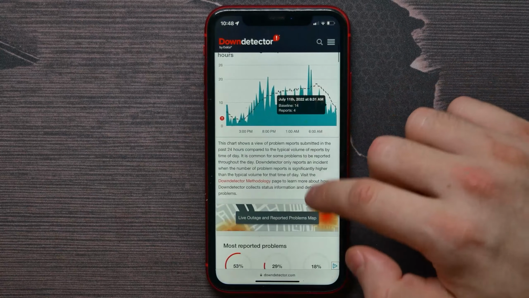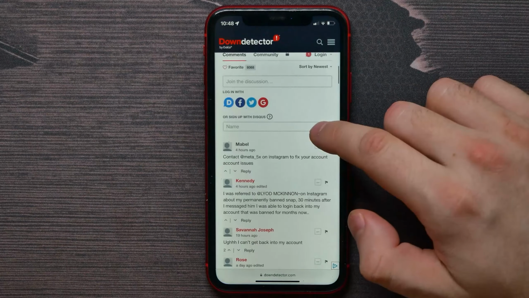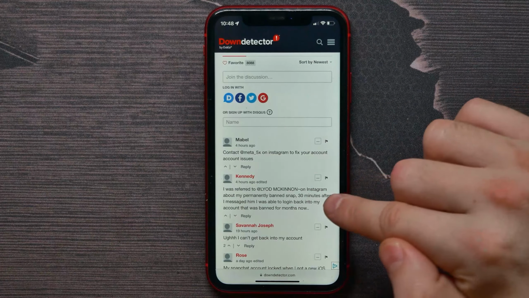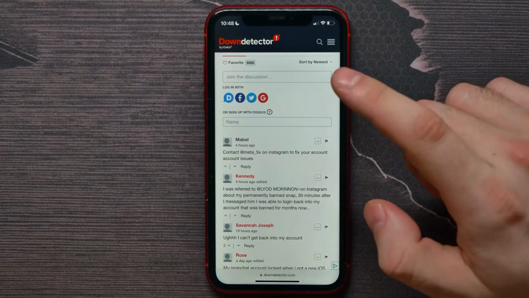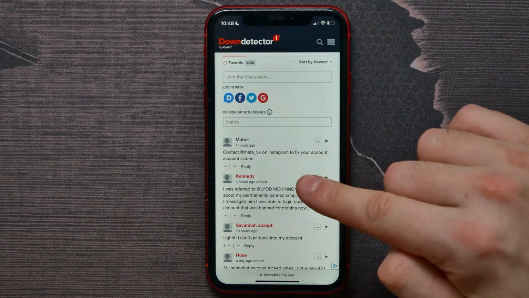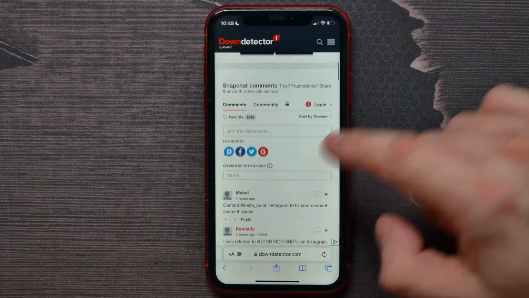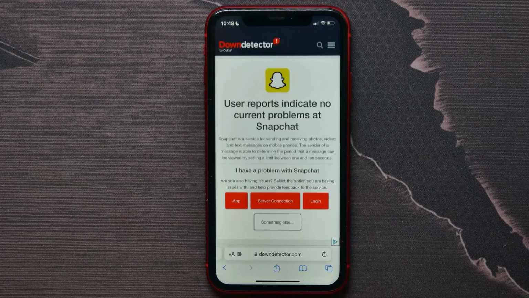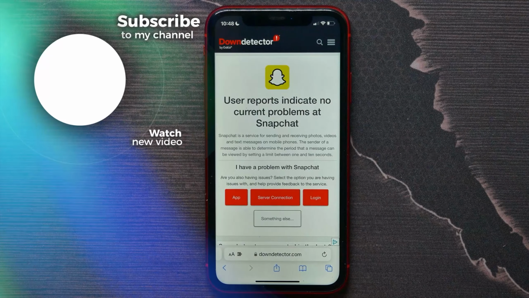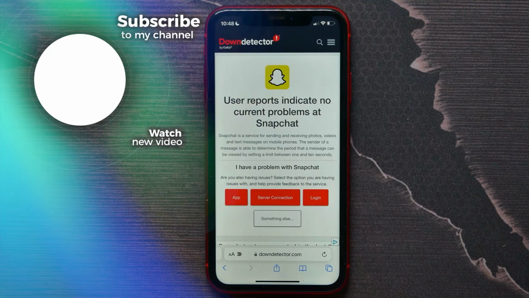And also you can go down and read comments about the current situation on Snapchat and check if some people have problems right now with Snapchat login. So now you know how to quickly make sure whether Snapchat servers are down or not,